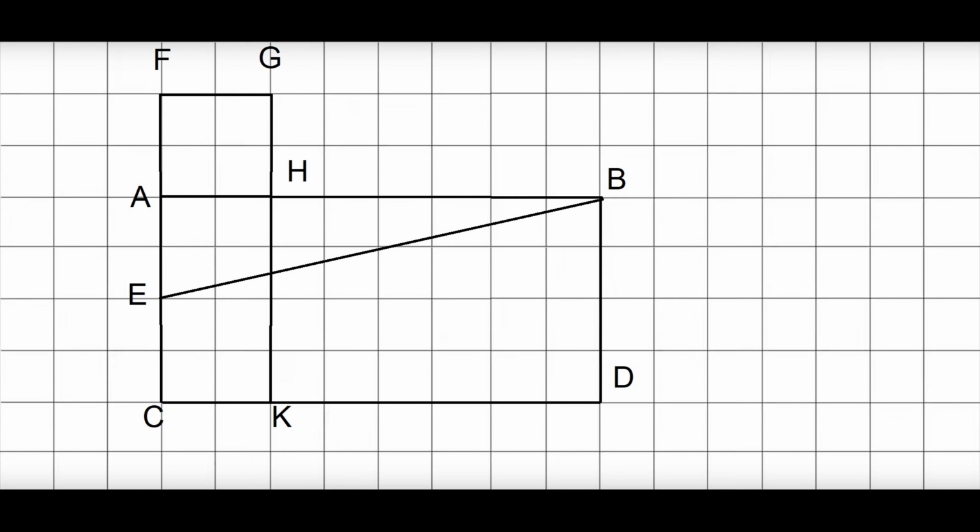Proposition 11. To cut a given straight line such that the rectangle contained by the whole straight line and one of the pieces of the straight line is equal to the square on the remaining piece. Let AB be the given straight line, so it is required to cut AB such that the rectangle contained by the whole straight line and one of the pieces of the straight line is equal to the square on the